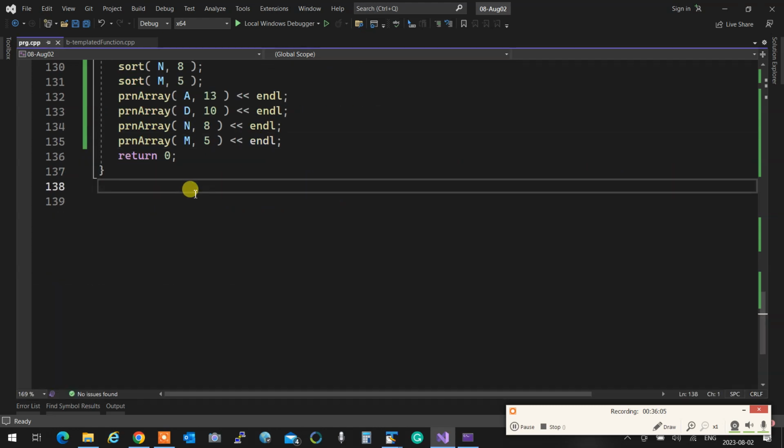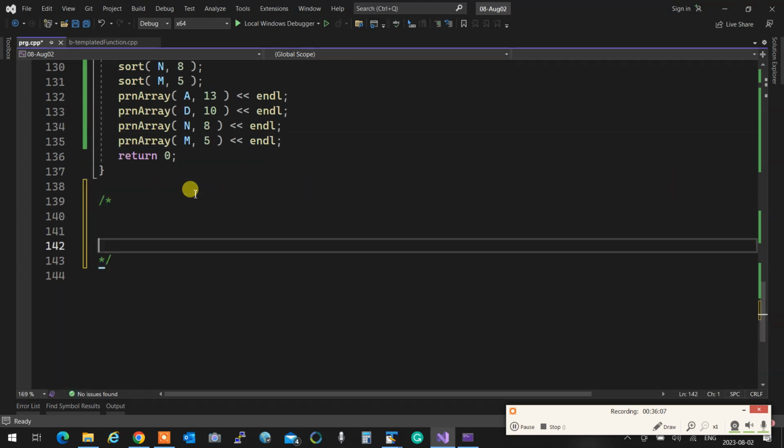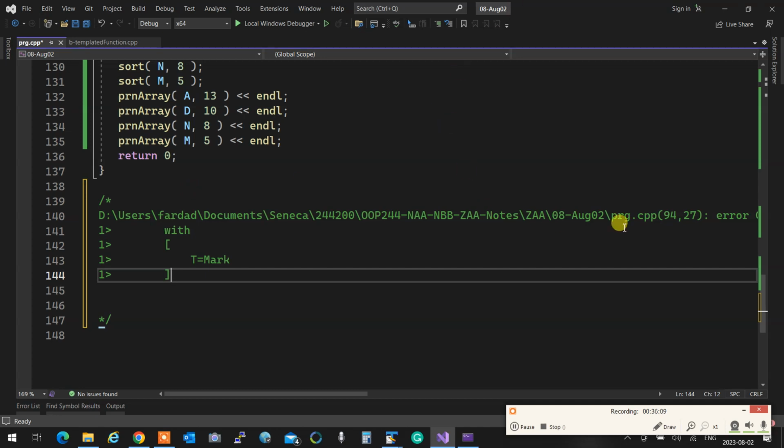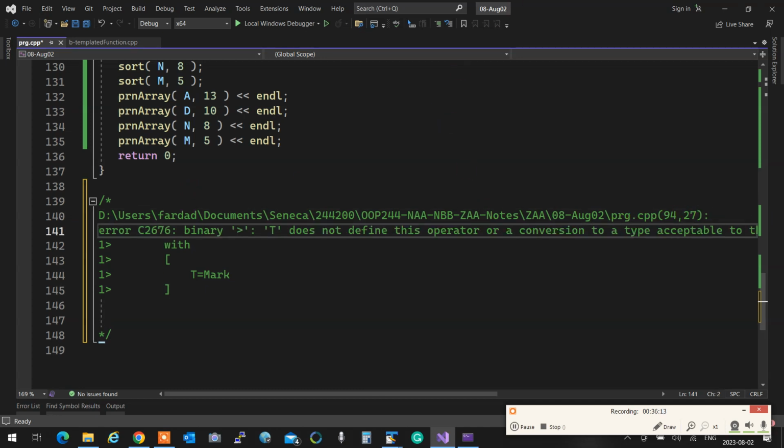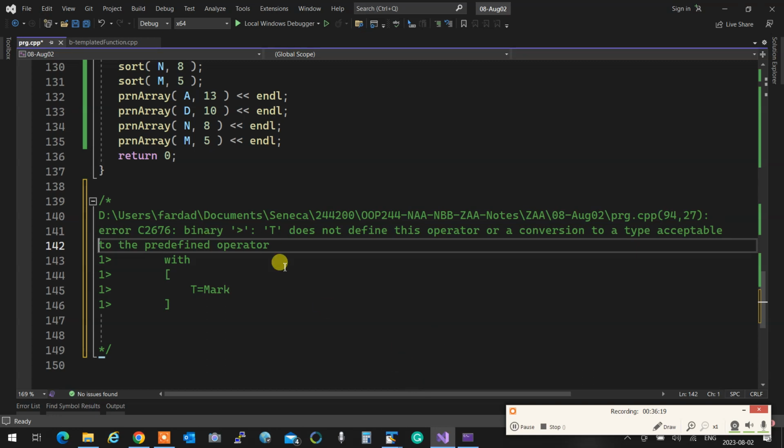I'm just going to bring the message over here so it's bigger, we can see. It says, error yada yada yada, binary T does not define operator to a type acceptable to the defined operator, and it says with type being